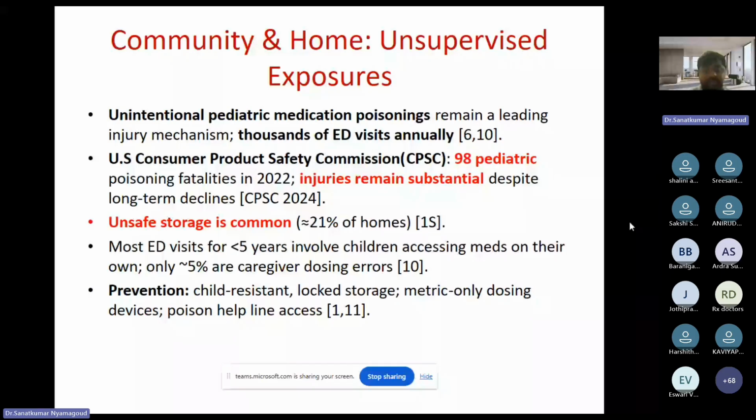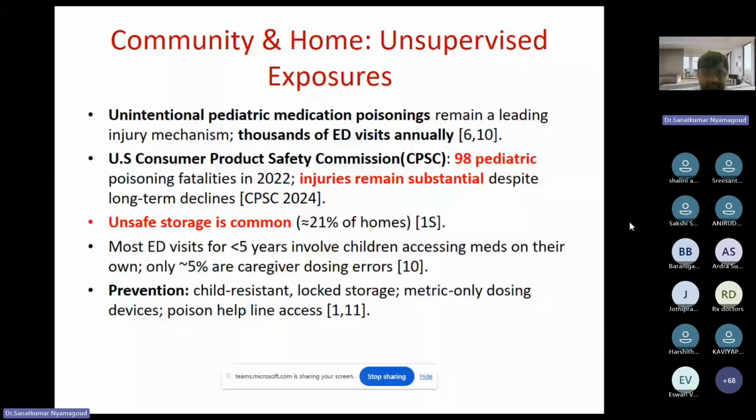Especially drug use in India is very versatile. It is used right and left on most patients. So we need to understand, we need to educate ourselves. If you consider India now, the most common problem is unsafe storage. Storage is not at all proper in homes. Approximately 21% of people in homes have a fridge, but they don't store drugs properly. So unsafe storage is very challenging in India.